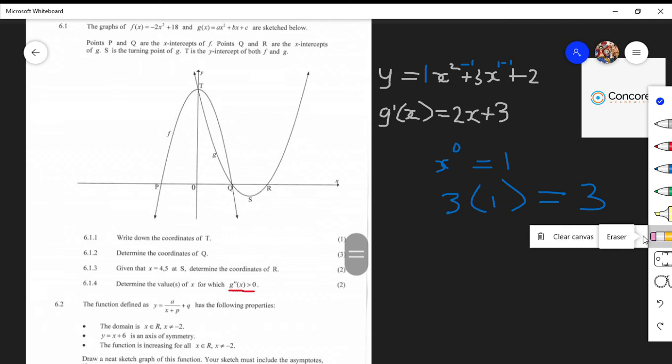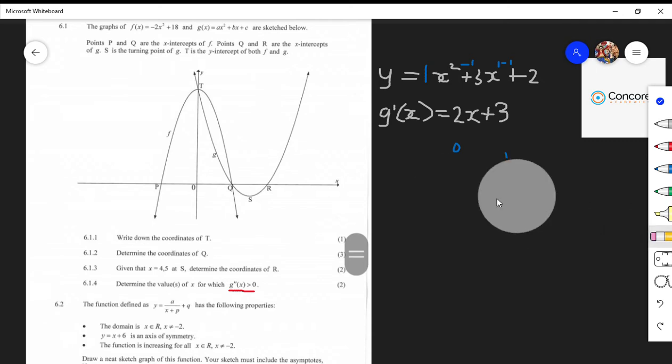And now remember what I said about constants previously. So when we derive a constant, it becomes 0. So this plus 2 will then just become plus 0, and we can just not write 0 because 0 is nothing, right? Then our second derivative,